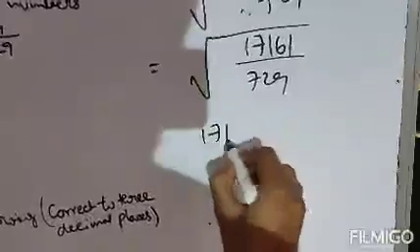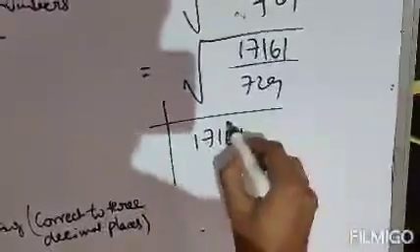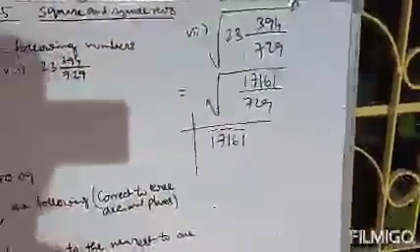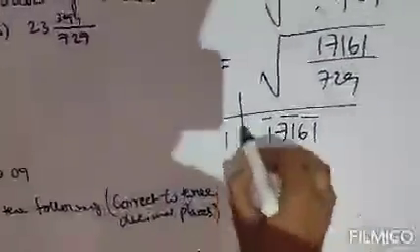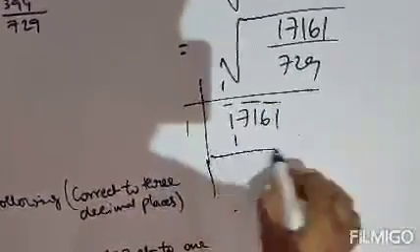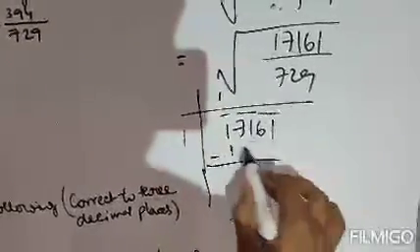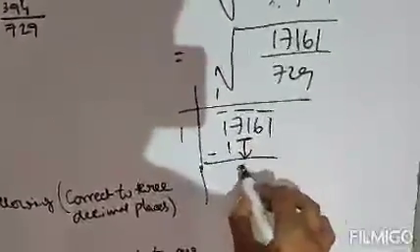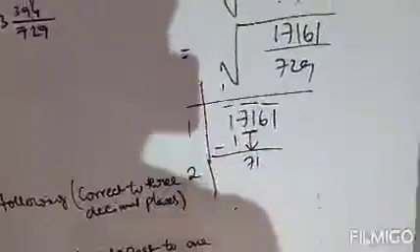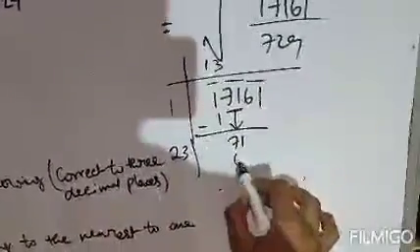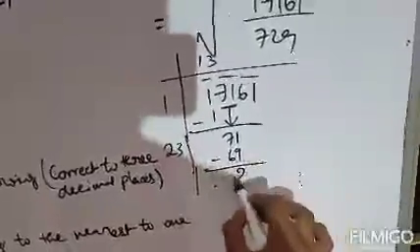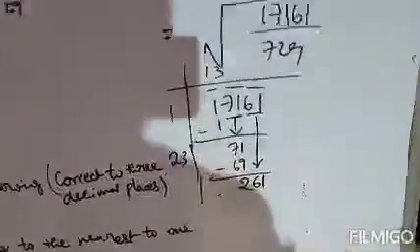So find out the square root of 17161, taking two numbers from your right side. Clear? So two numbers 61, then 71, and then 1 is left only. So only 1 will be taken. Next, divided by 1, that means 1 upon 1. It will be 0, but we need not write 0. Therefore, just put 71 over here. Clear? Next, this will be multiplied by 2. That is 2 ones are 2. Now, just 3. So 3 and 23 will be 69. Again subtract this. Now these two numbers 61 will come down.